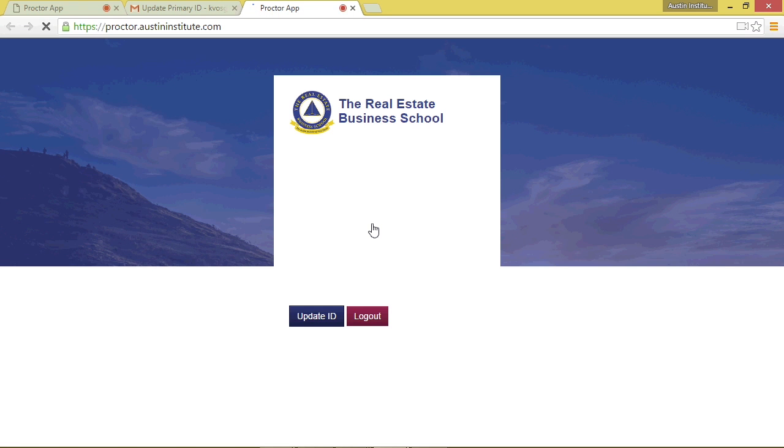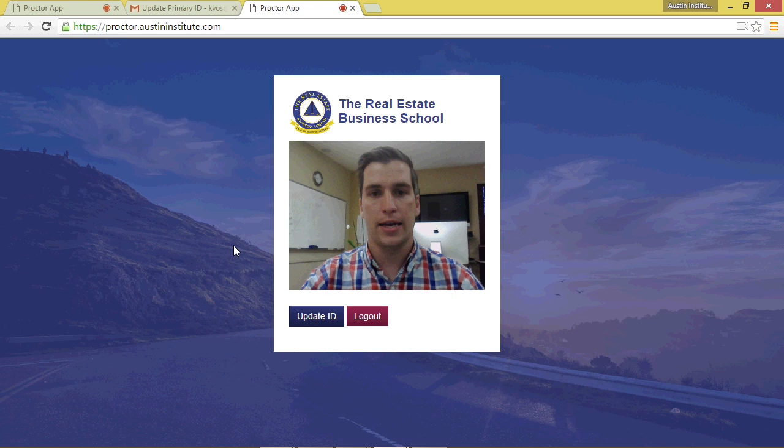And when you're setting up your ID, you want to make sure that you have a clear and consistent picture of yourself. Since I'm usually looking at a computer like this, try to stare at it straight on. Make sure that I have good light coming in, and just go ahead. Once I have that set, go ahead and click Update ID,